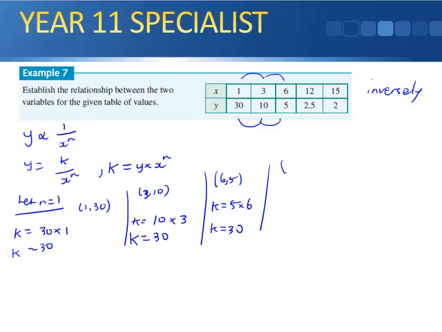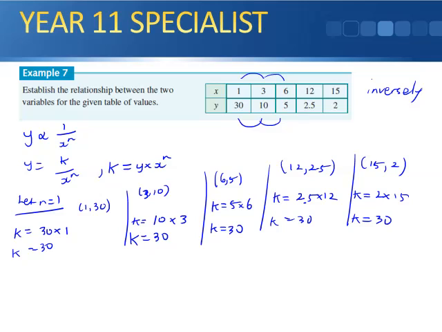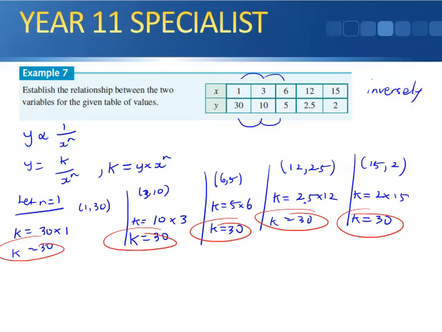It's looking good so far. 12, 2.5. K will equal 2.5 times 12 to the power of 1, so k equals 30. And the other one, 15 and 2. K will equal 2 times 15, so k equals 30. Again, we can see that all the k's are the same. K equals 30. And therefore, I get